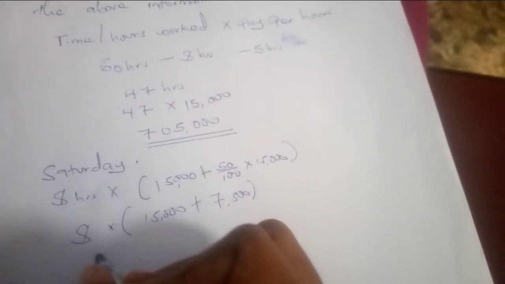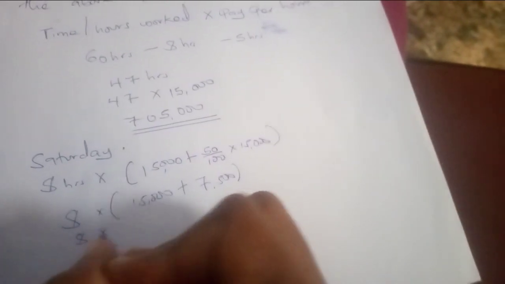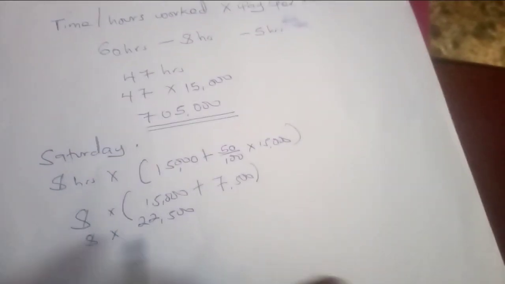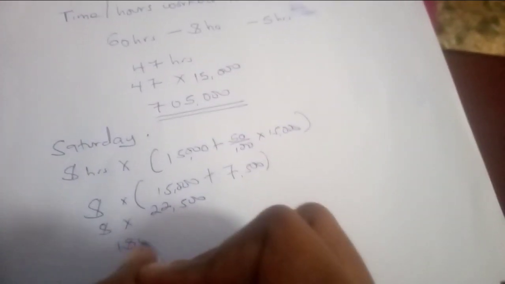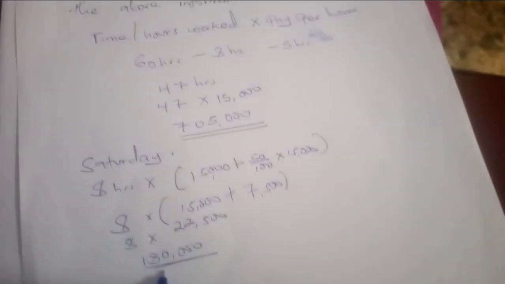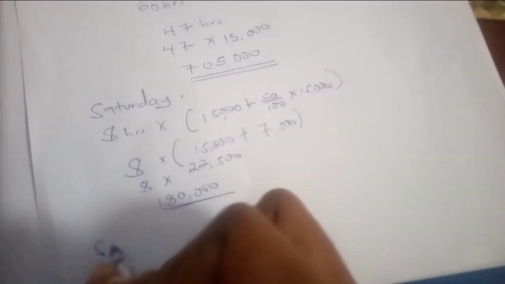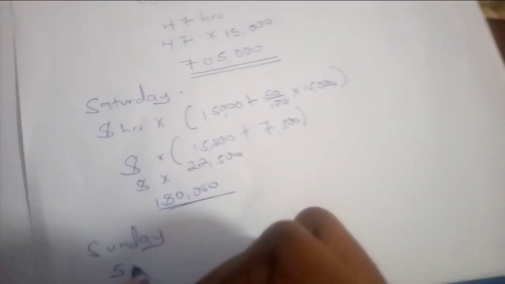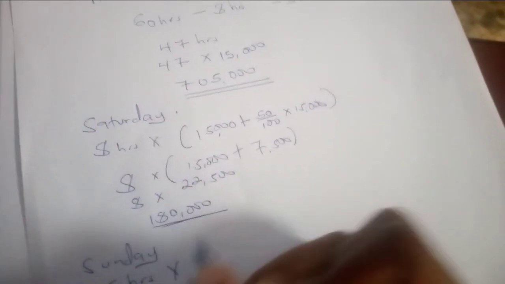Like that. So it will be 8 times 22,500. So this times this, it will be 180,000. So that is what he earned on a Saturday. Then for a Sunday, he worked for 5 hours. So 5 hours times,